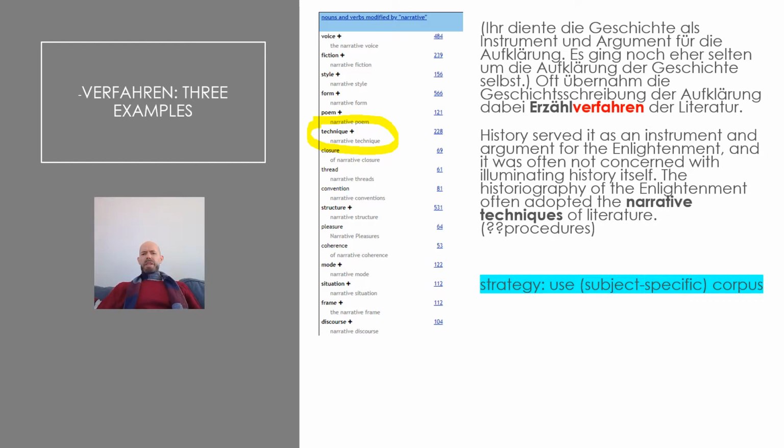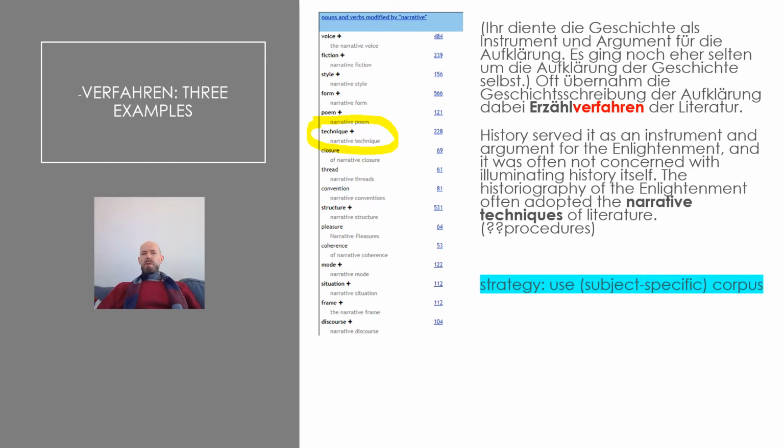So what we're interested in here is what strategies can you use to arrive at the correct solution. And why did the translator pick a wrong solution here? Well, because he relied on dictionary equivalence, probably, and translated Verfahren as procedure. A simple strategy to use here is to look at a subject-specific corpus. Now, this is a word sketch taken from Sketch Engine, where we can see that one of the most common